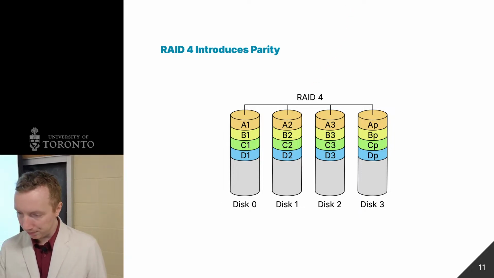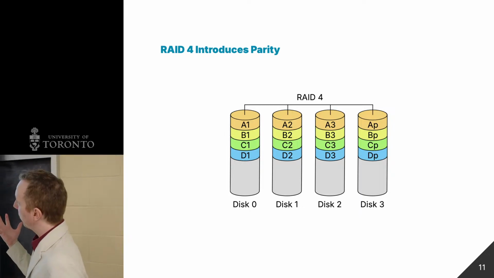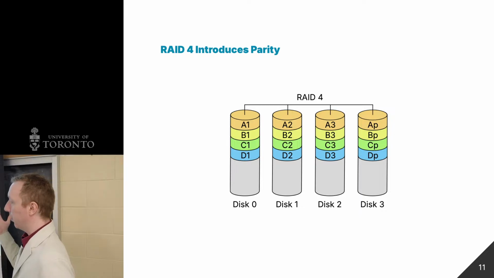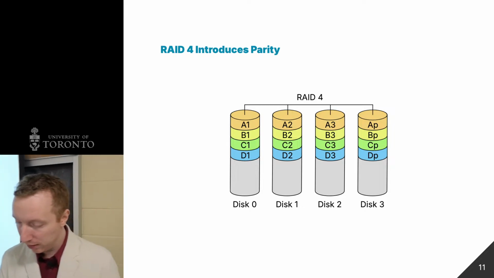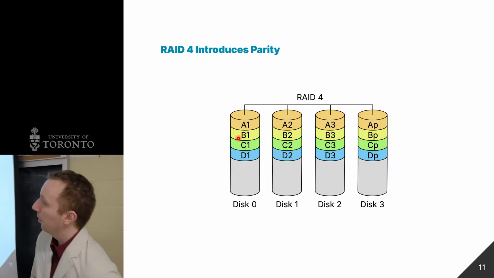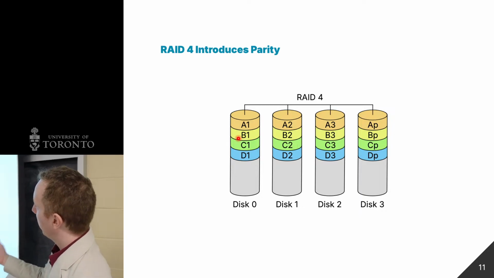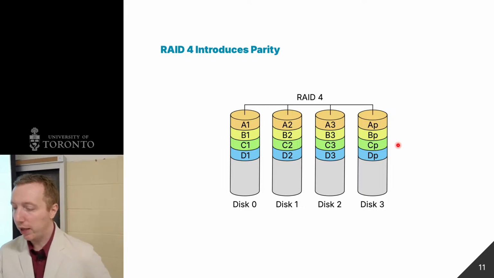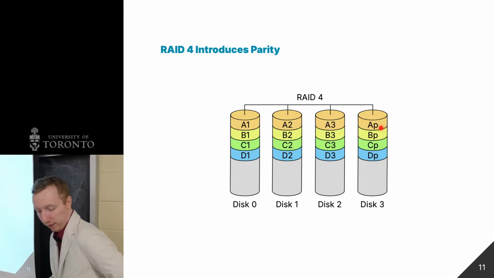To illustrate, what we are going to do is use one disk to store information such that we can recover information if any disk dies. So in this case, we have 4 disks, and for RAID 4, across 3 of them, we do striping like in RAID 0. So it would go 3 times faster in this case for both reads and writes. And then we are using disk 3 as something called a parity, which is just some extra information we can use to recompute if any of those gets lost.